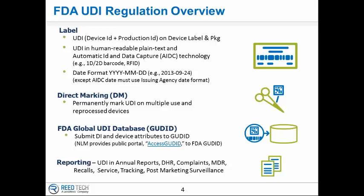Again, the issuing agencies talk about the label, and in particular, GS1 has a reference to a quality code of B or better. The actual verifying of that barcode to make sure it meets that quality is left up to the manufacturer. So you might put in your design history file a discussion about, well, we have done some studies or some evaluation, and it feels as though checking at the beginning of our run and at the end of the run is sufficient. You also might have another sample that says, well, we check it in